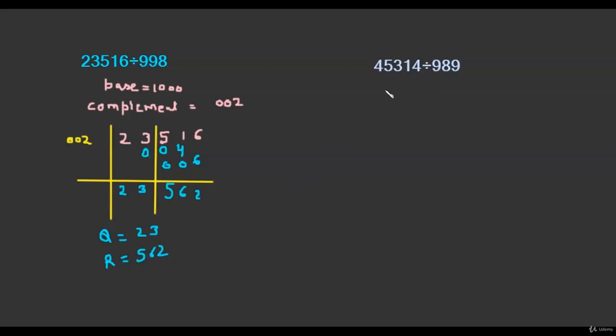Let's do one more problem. Again a 3-digit number, so the base is 1000 and the complement will be 1, 1 and 0. While writing the complement, I am taking the help of the Nikhilam method. Writing the difference is very easy. While writing the complement, we don't need this. This method is all from 9, last from 10.